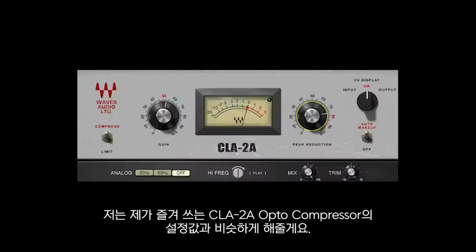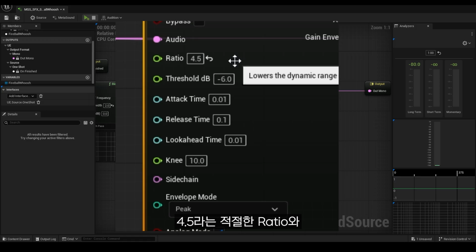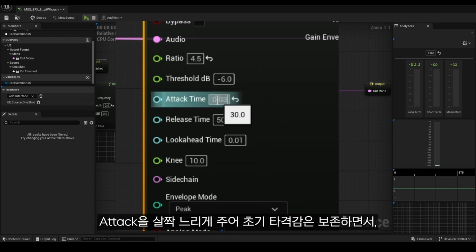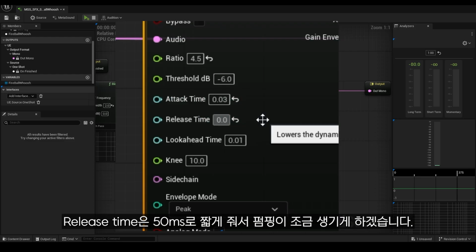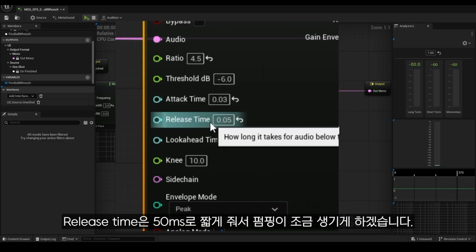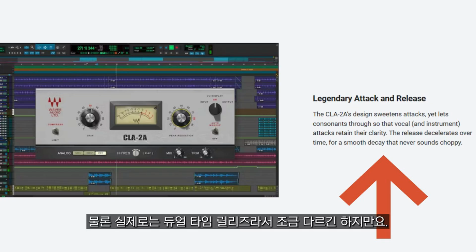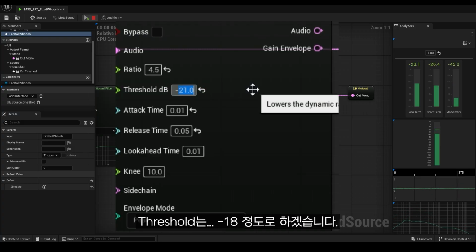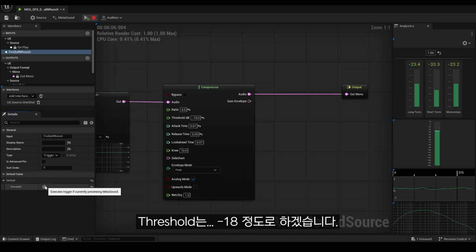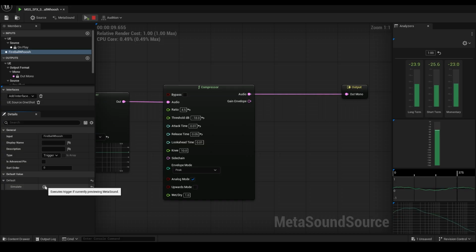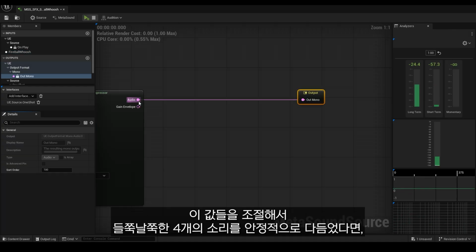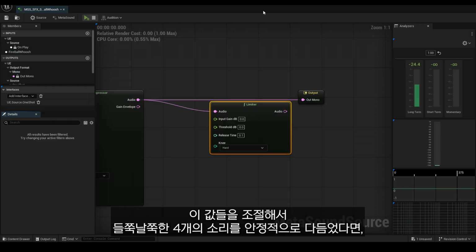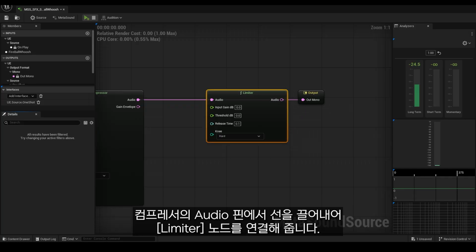I'll set the values similar to the CLA-2A, an opto compressor I enjoy using. A proper ratio of 4:5 and a slightly slow attack to preserve the initial hit, while giving a short release time of 15 milliseconds to create a bit of pumping. Though in reality, it is a dual time release, so it is slightly different. I'll set the threshold around -18. Once you have adjusted these values to stably polish the 4 uneven sounds,